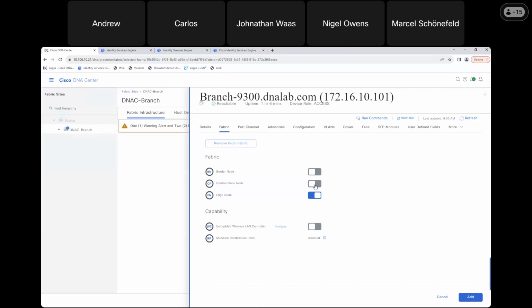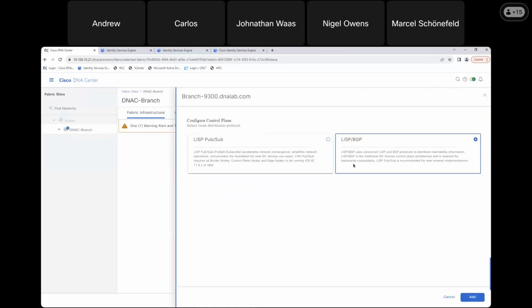The next thing I'm going to enable is the control plane node. And we're going to have two options here, the LISP BGP or LISP PubSub. LISP PubSub is the go-forward, it's the recommended deployment. But if you're not running IOS XE 17.6 or later, or you have existing fabrics deployed with previous versions of DNA Center before PubSub was released, or that have been deployed with LISP BGP specifically,